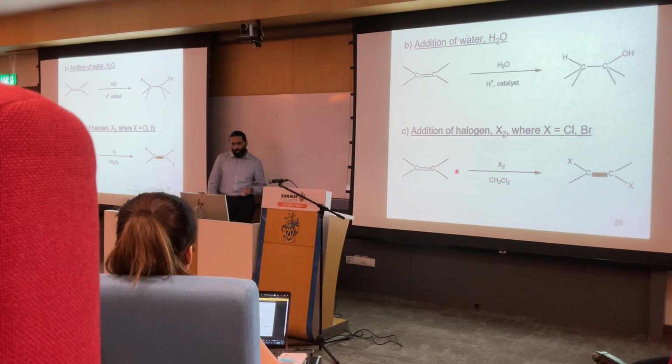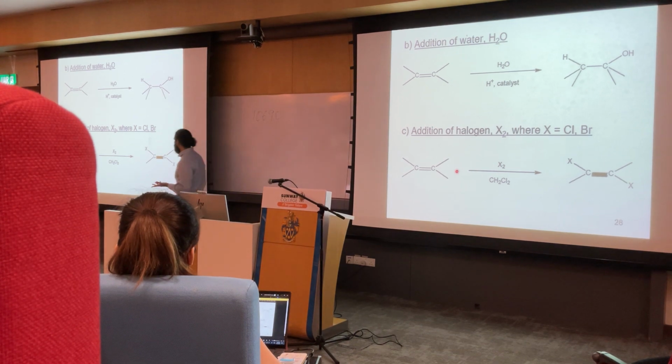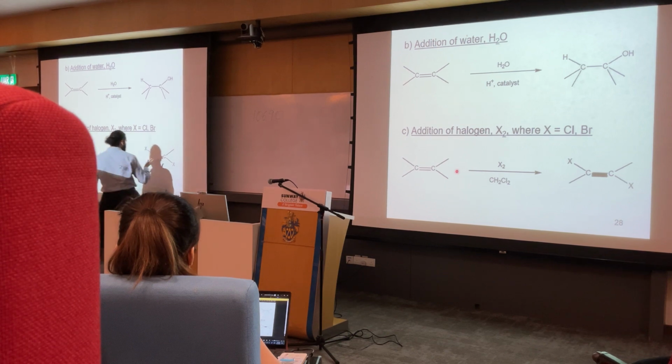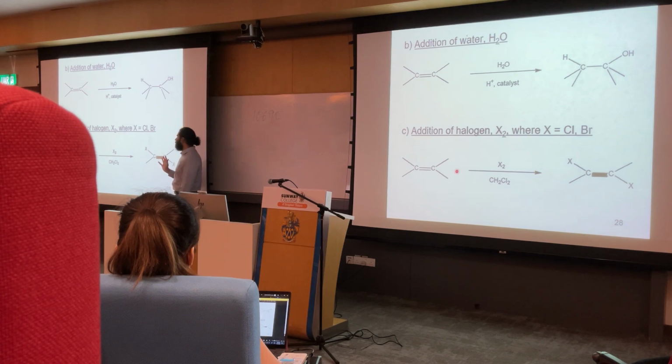The next reaction is addition of halogen, or halogenation. So, no problem. Halogen, carbon-carbon double bond. One halogen, two halogen, carbon-carbon double bond gone. And then we will have the alkyl halide with two halogens. Right? So if you use these reactions a little bit smartly,